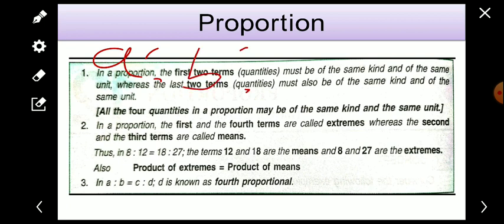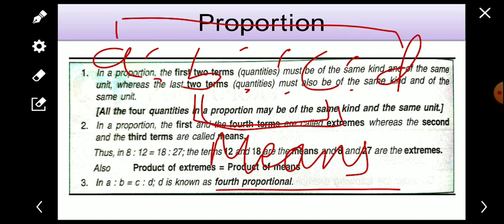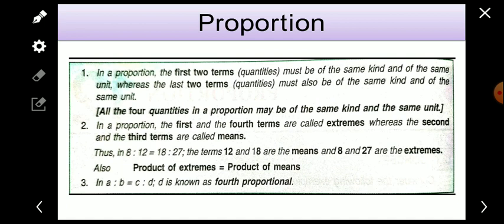And the middle terms, C is to D, and these second and third terms are known as means. Second and third terms are known as means or middle terms. So I hope you understood that the first and fourth are extreme terms and the second and third are means or middle terms. And one more important point is there, that the product of extremes, or extreme